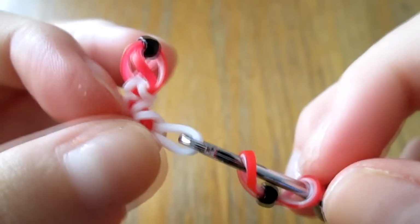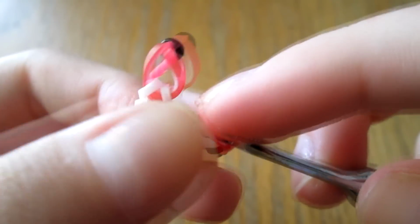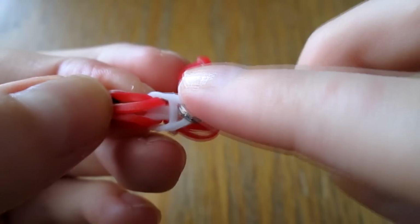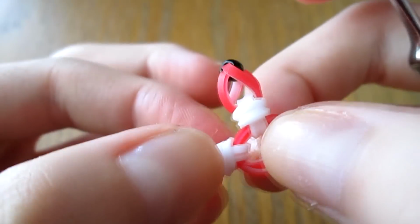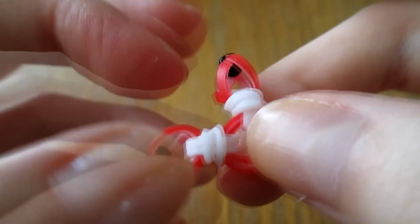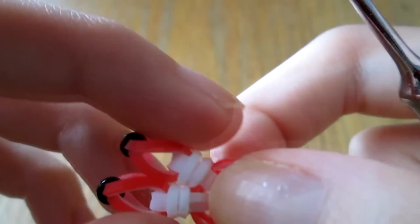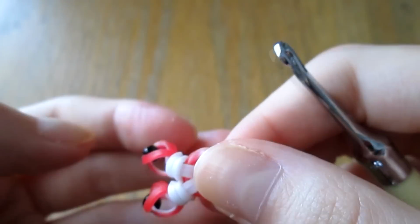Put this back on your hook so that it's facing this direction. And then you're going to string this beaded band on. Pull this bead through the white and pull this white back. And of course, stretch it out, fix it up as much as you want. And then make sure your bead is pointing away. And then you can scoot this little knotted band over to the other knotted band,